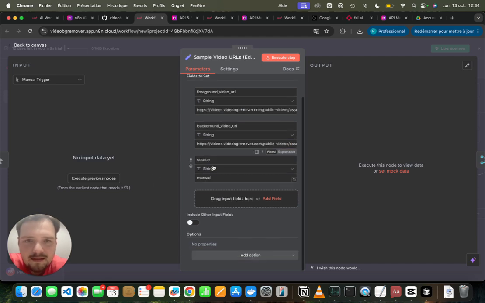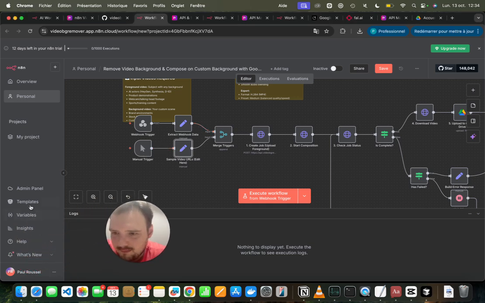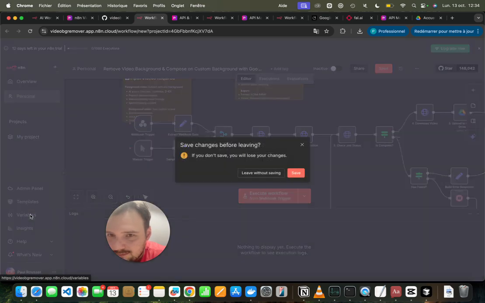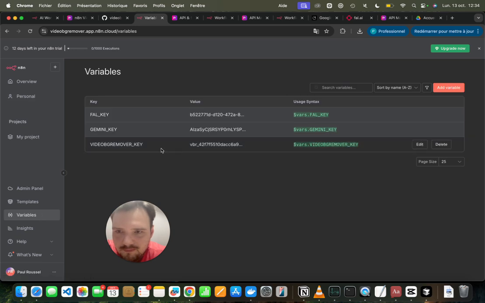That, okay, how it works. You will, let's put that here, have a variable, okay, save, over there. That will be your environment variable. You need an API key for VideoBGRemover,